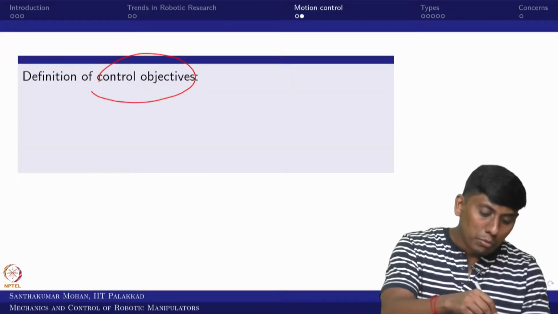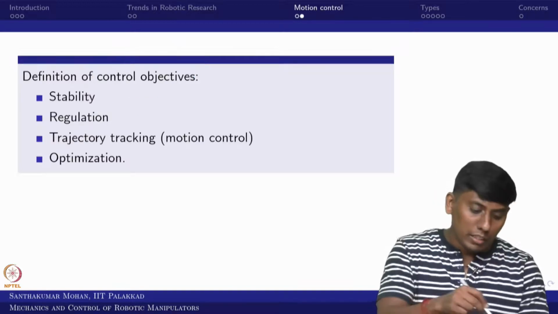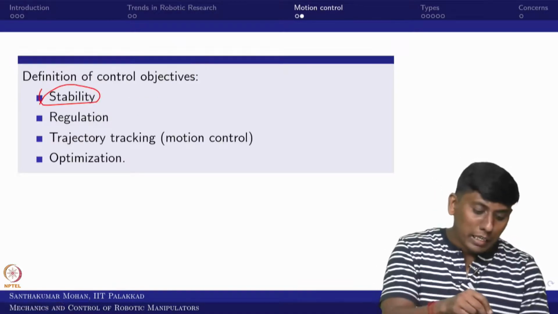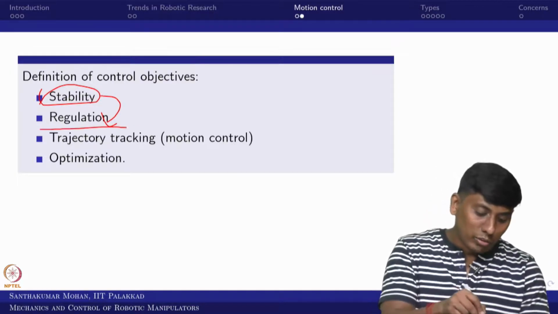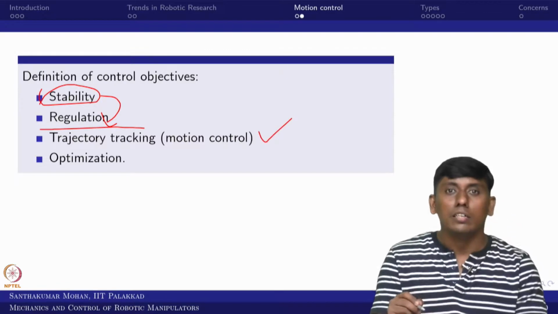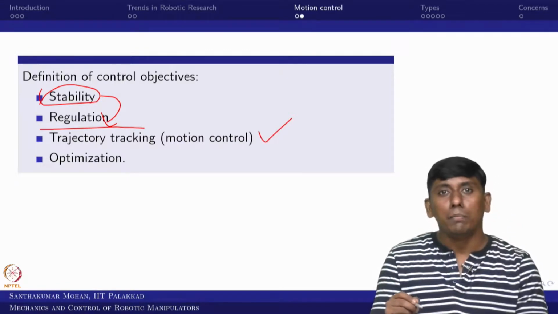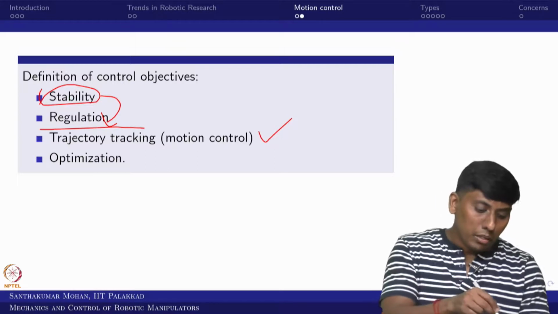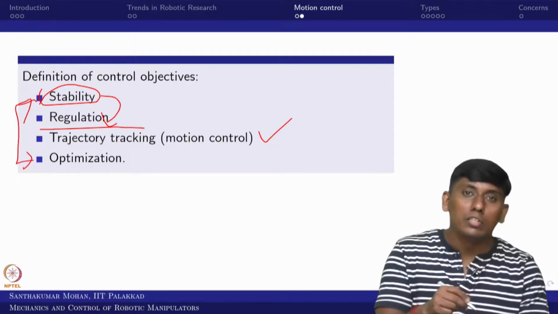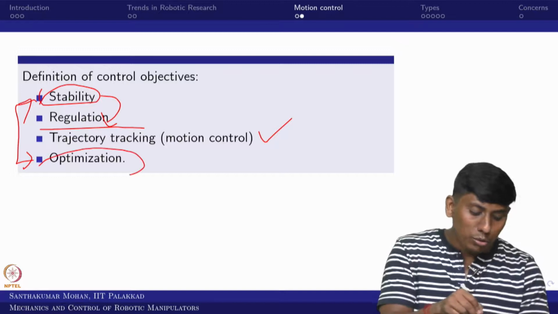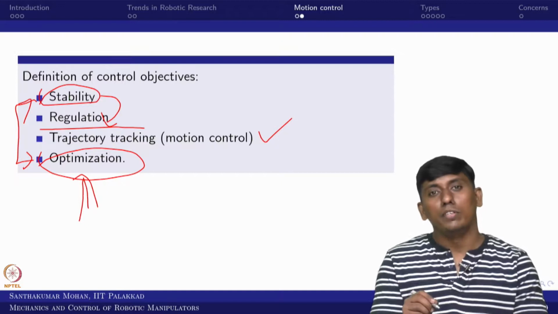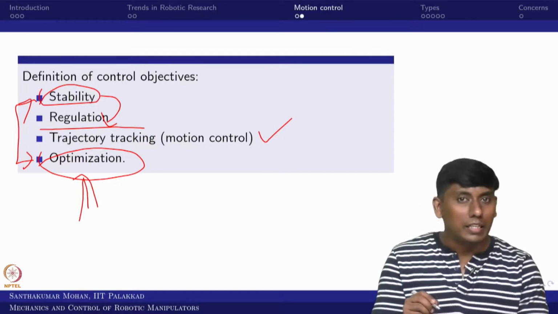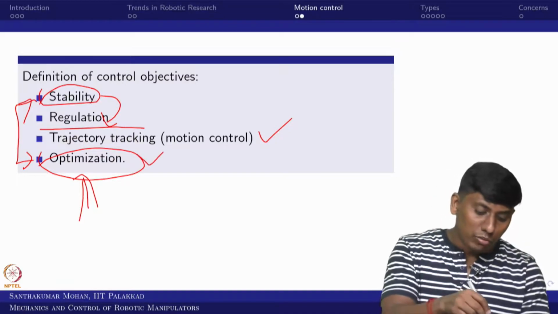If you think about the control objective, one important thing is stability. Stability and regulation you can bring very close together. Regulation is a set point, whereas the desired input in tracking is time varying. But most probably, the system is supposed to be stable and you have to do the optimization. Here we try to increase the efficiency of the system, or minimize the resources. So we are bothered about this.